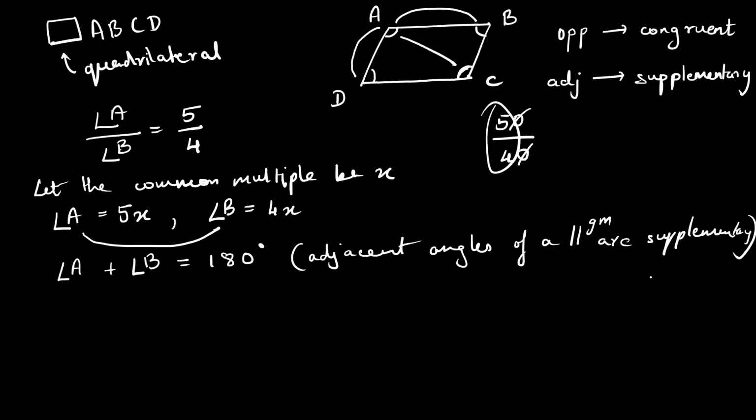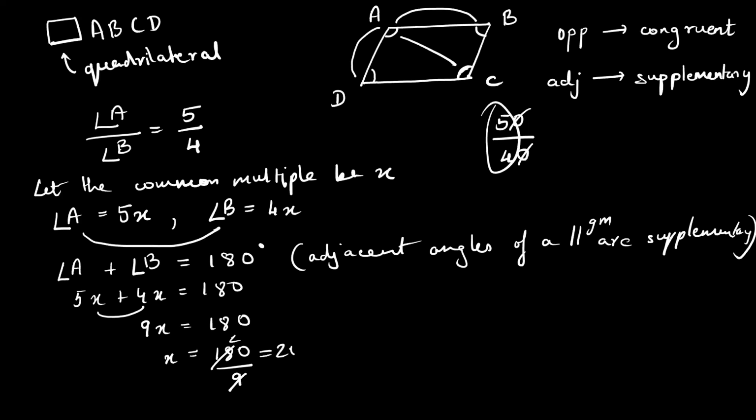Okay? Yes, sir. Angle A और angle B का value क्या डाल सकते हैं? Sir, 5x plus 4x is equal to 180 degree. इसका total क्या आएगा? So 5 plus 4, 9. तो 9x is equal to 180 degree. So x, then we have to do 180 upon 9. तो आंसर क्या आएगा? 20. ओके. तो आंसर 20 छोड़ दूं या कुछ और करना है?